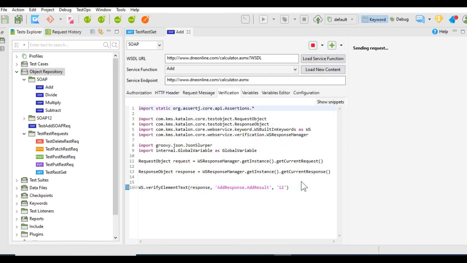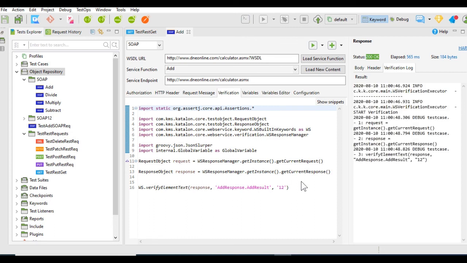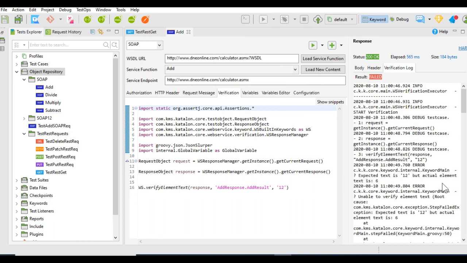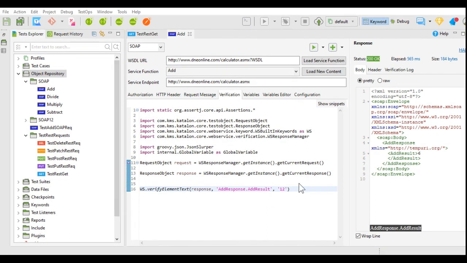We will get the verification result as false or failed because the expected text is 12 and the actual element text is 6. This way you can verify the SOAP request.